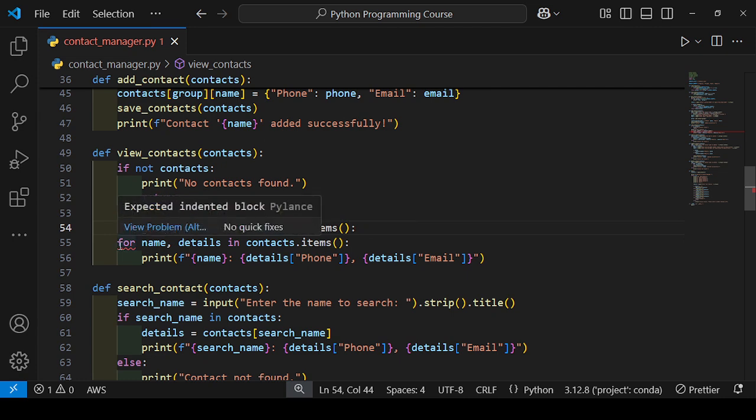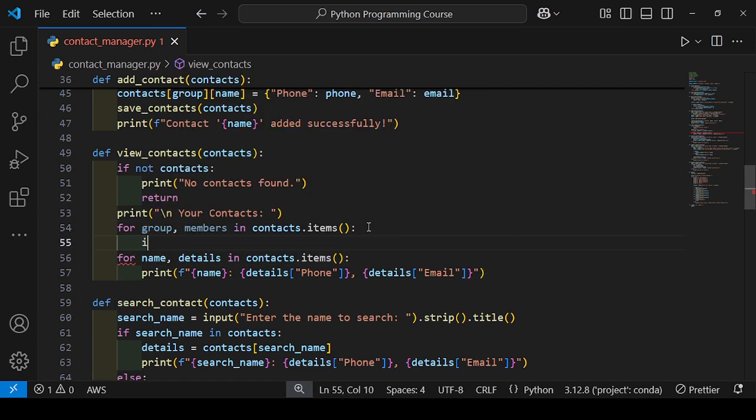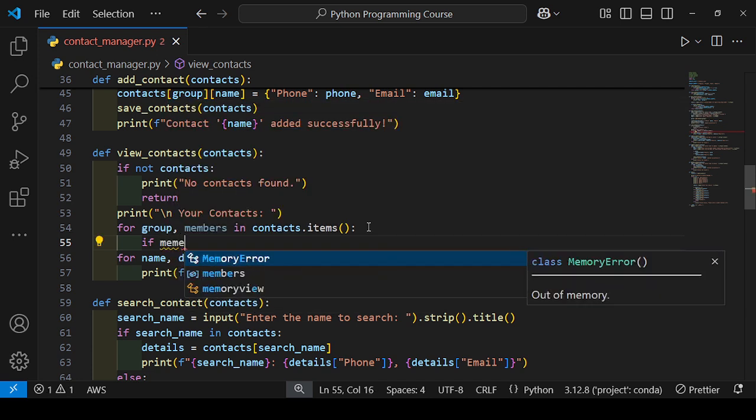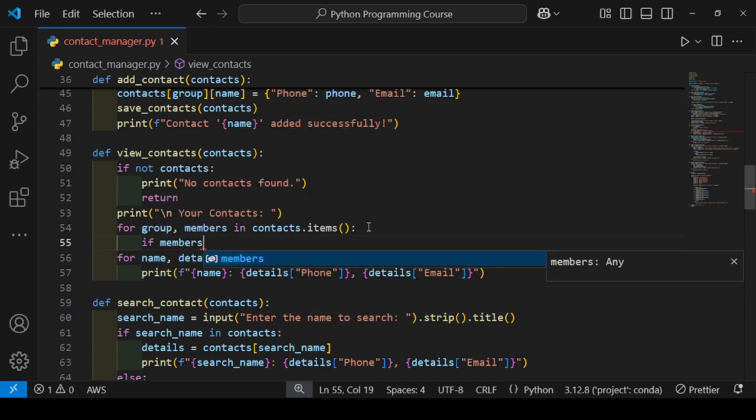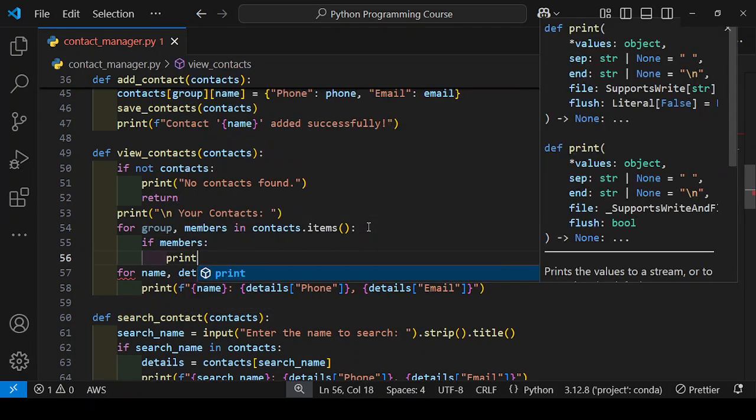Then I will check if members are present, because members may be empty, so we have created an empty dictionary. So first check if a member is present, then it runs the